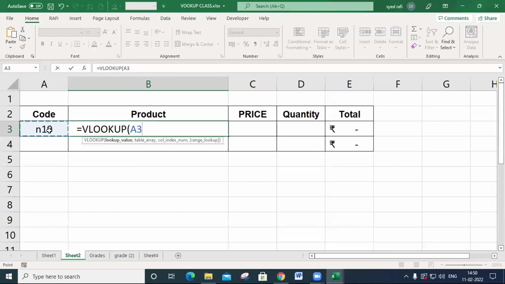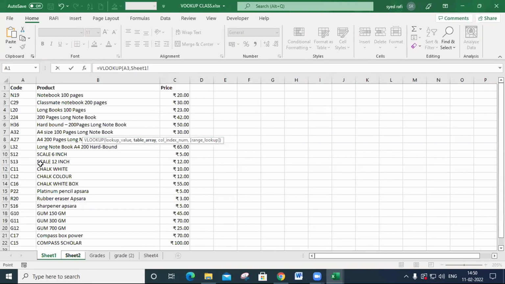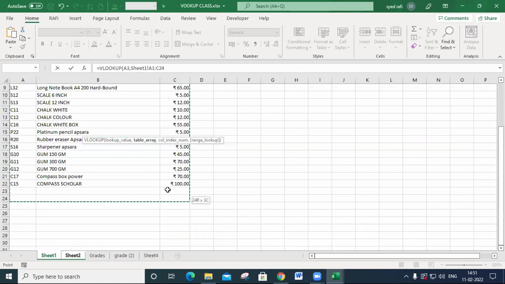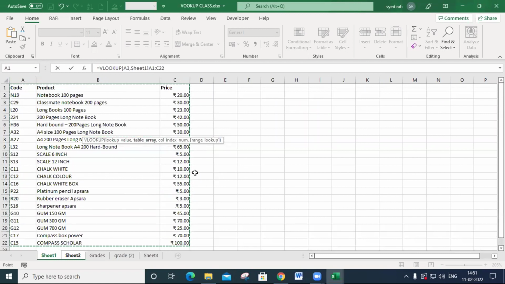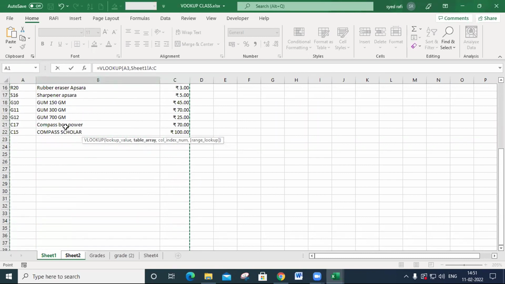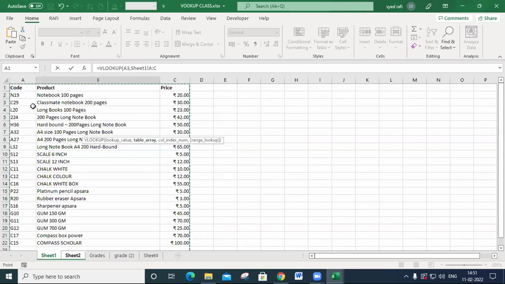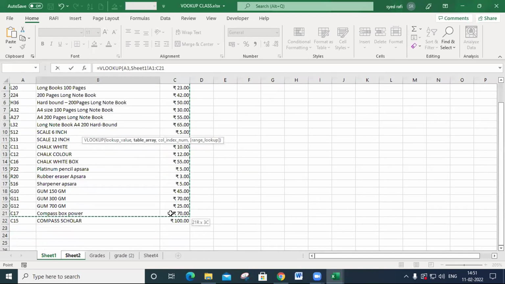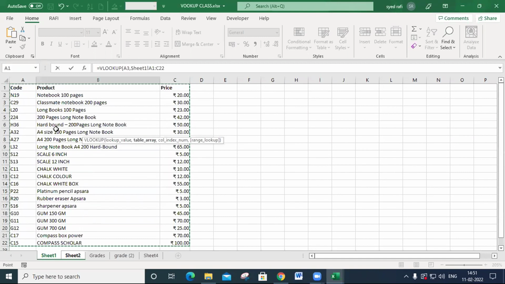You must click here and say comma. The second one is the table array. Here you must click and select like this, or you may select by selecting the columns, and automatically all the rows will be selected. What happens if you select like this?